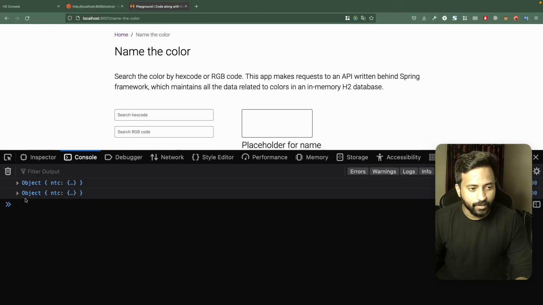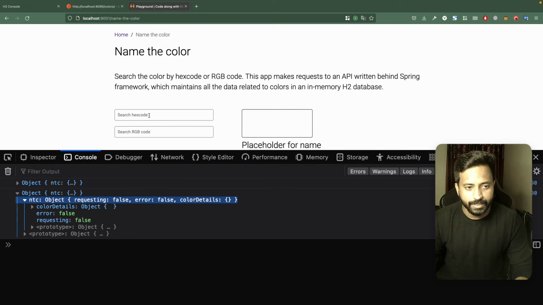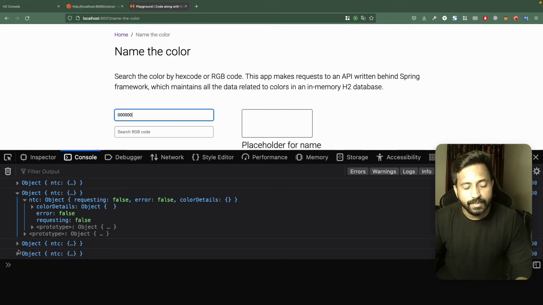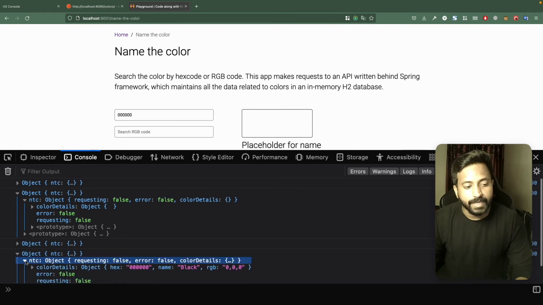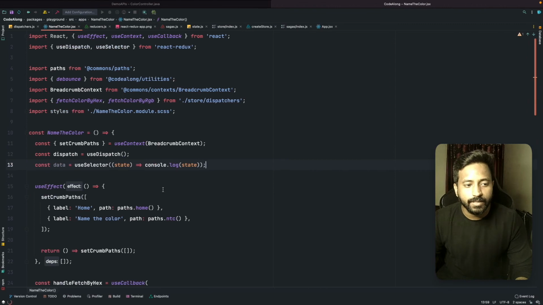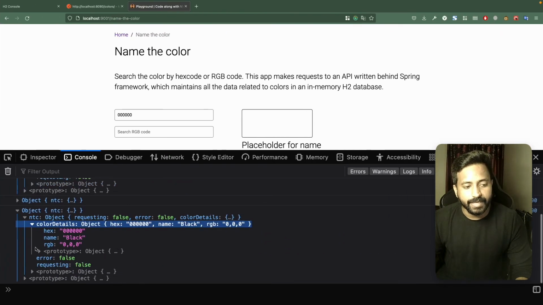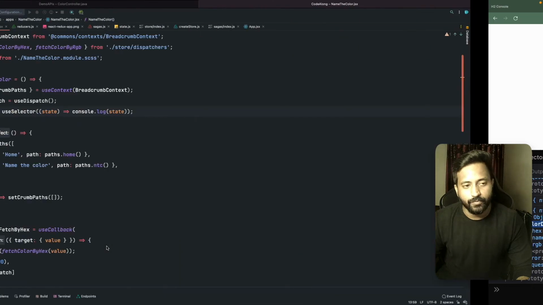So let's head on to this thing, and you can see that I'm able to access the state over here, and whenever I update, you can see that the state is also updated. So whenever the state is updated, React is re-rendering the component, and when it is re-rendering the component, I am receiving the updated state.